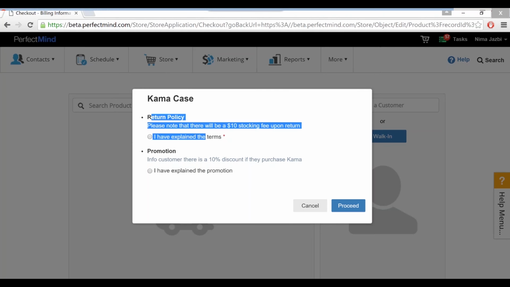So I've started with the return policy, where you can simply say, I have explained this term. These are fields, or questions, that I've created to be internal only, or employee facing only. And in the next section, I've added a promotion. I'm telling my staff, when they're selling this product, to tell the customer that now that they're buying a case, they get a 10% discount on the actual product itself. Or maybe you're not mentioning a 10% discount, you can just remind them that someone who's buying a case, you should talk to them about purchasing other products as well. So it's as simple as